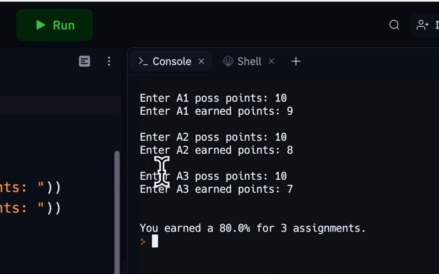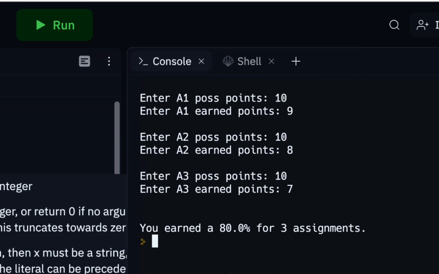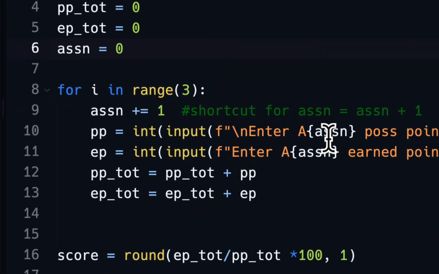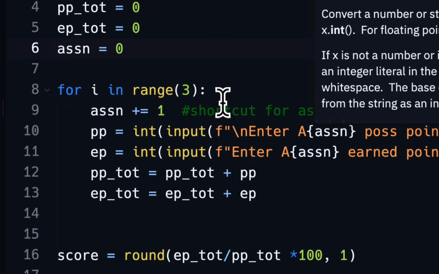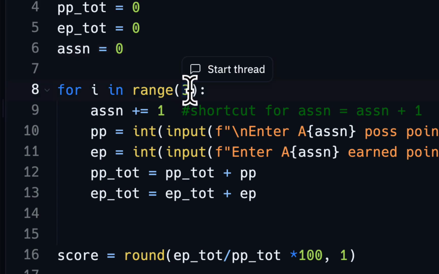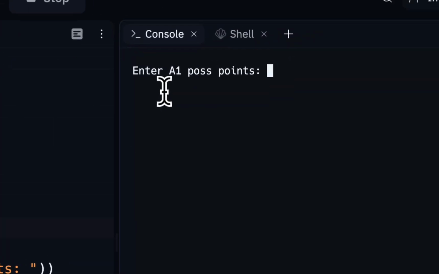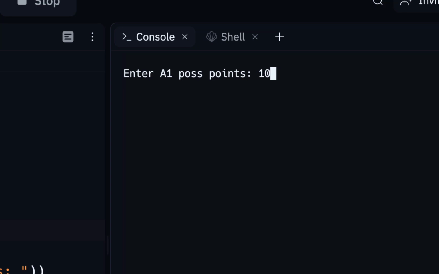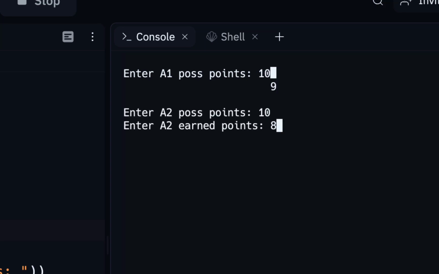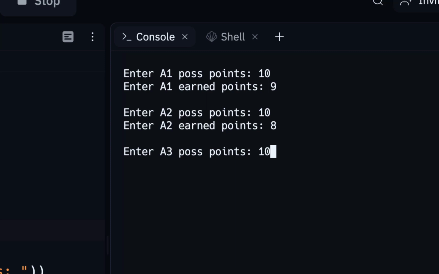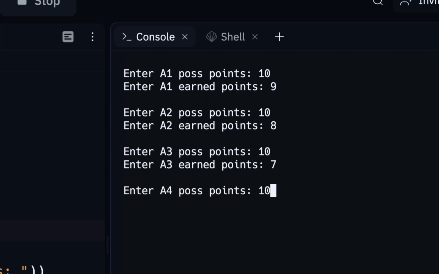So that was a lot quicker and a lot easier than copying and pasting all those. So if we wanted to do 20 of these, we just have to do, or let's say 5. Let me just put 5 in here, but obviously we could do 20, we could do 30. Let's just see how that works. So I'll run through this real quick. So 10, 9, 10, 8, 10, 7, 10, 6, 10,